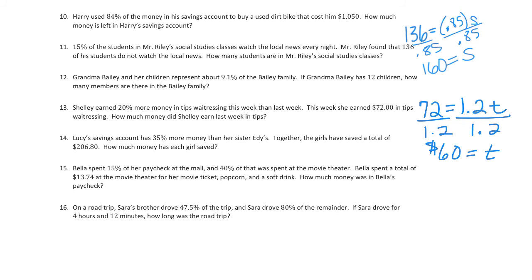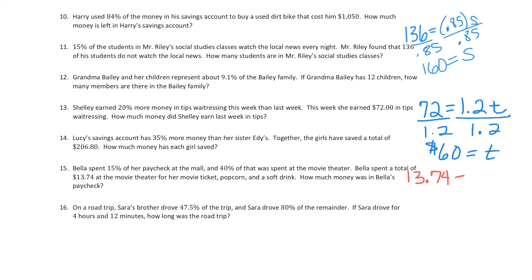Number 15. Bella spent 15% of her paycheck at the mall, and 40% of that was spent at the movie theater. Bella spent a total of $13.74 at the movie theater for her movie ticket, popcorn, and soft drink. How much money was in Bella's paycheck? So